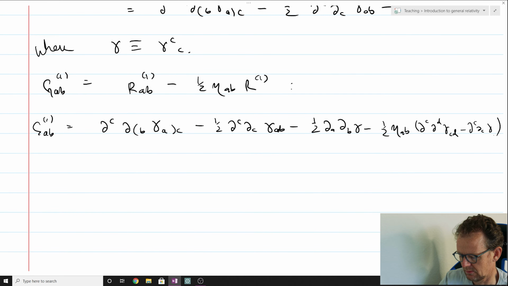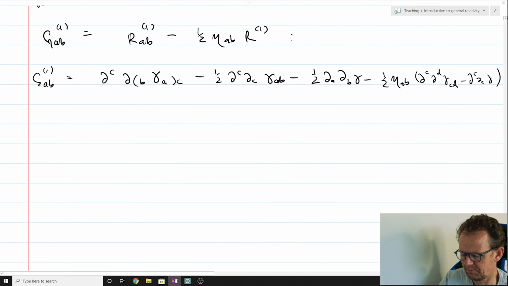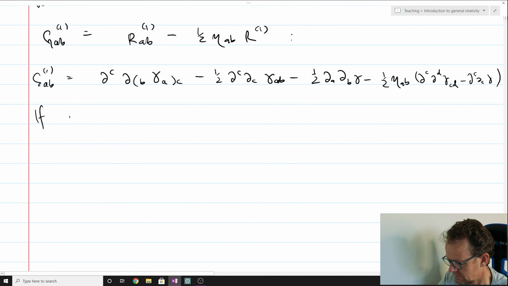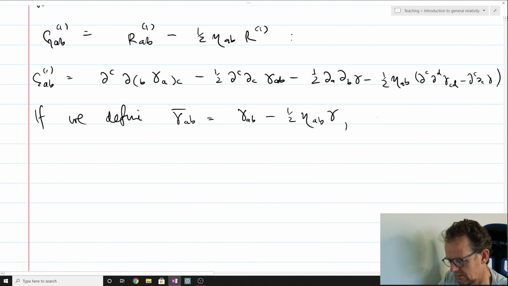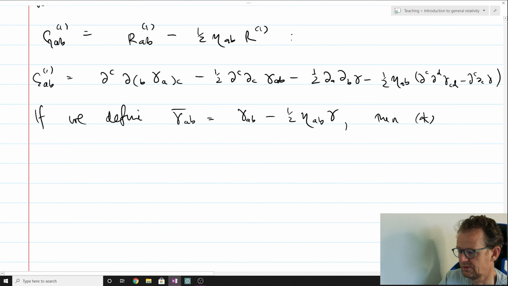We can make things look a slightly bit more compact by defining a new quantity, gamma bar, the perturbation, as gamma AB minus a half eta AB times gamma. And then Einstein's field equations to linear order,